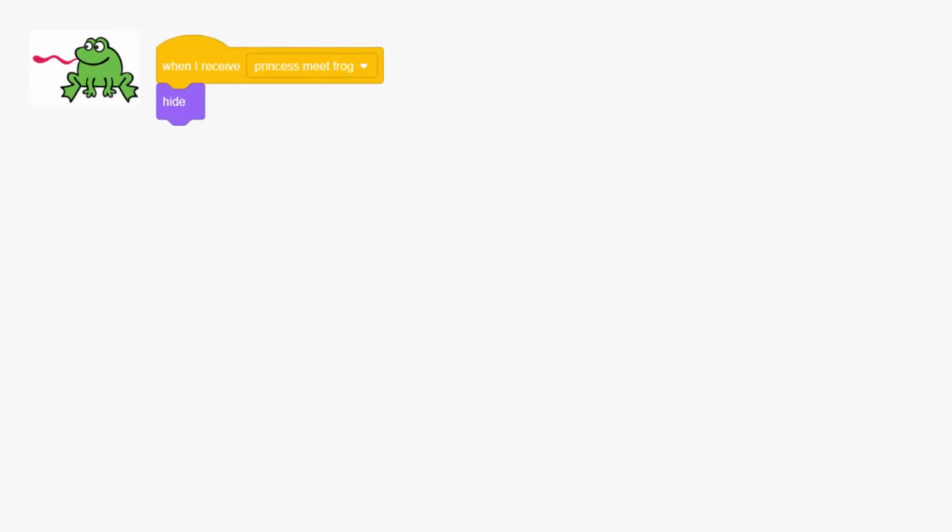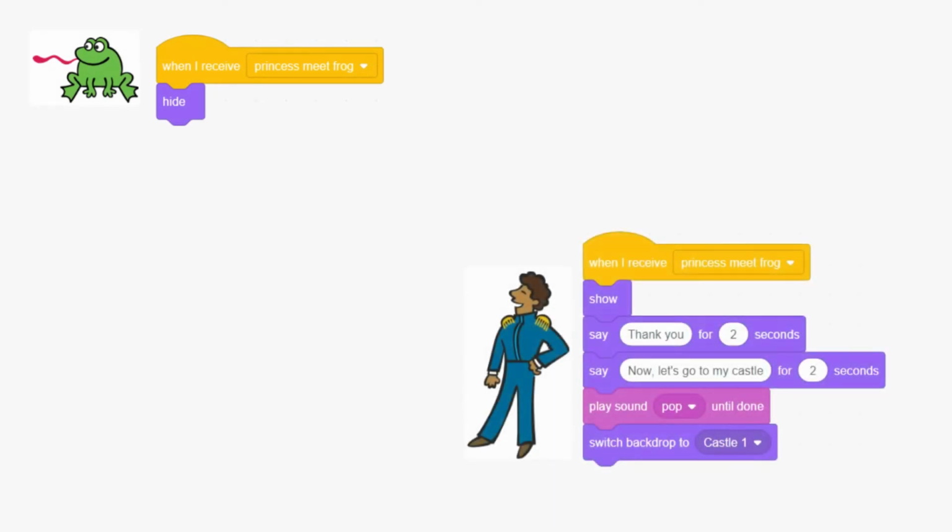When we hear the message, Princess meet Frog, we will make it look as if the frog turned into a prince. Put this block on the frog to hide it. Then attach this block to the sprite prince, so the prince will appear, and then invite Princess to his castle.